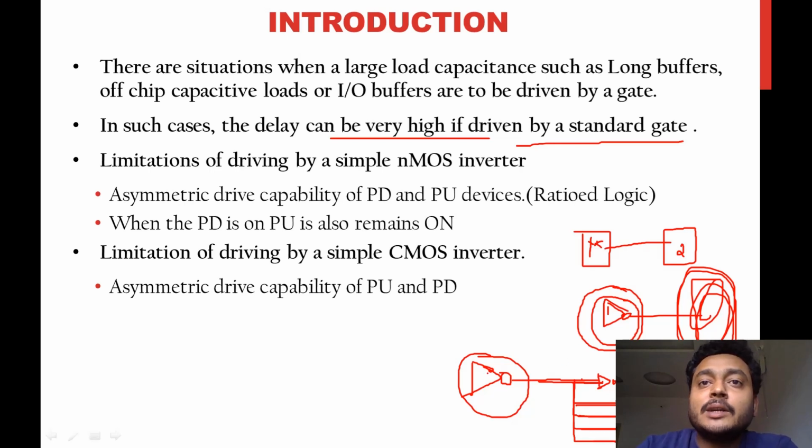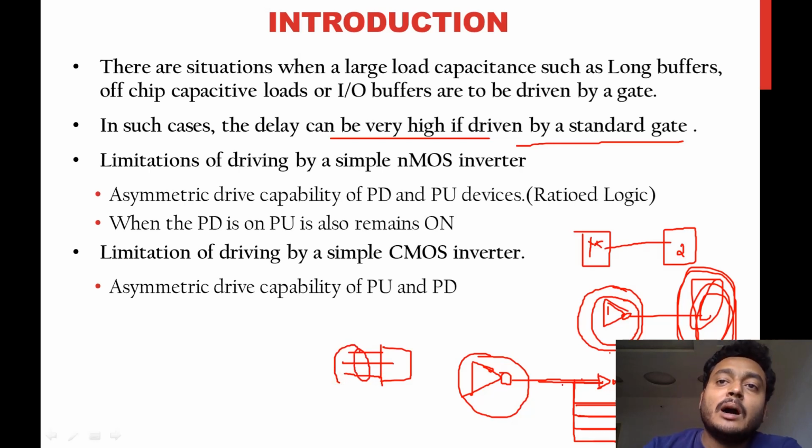In this case, we have a concept of fan in also. Fan in means if you look at some gate, and if you have 2 inputs, that means fan in is equal to 2. If you have 3 inputs, we call the fan in as 3. So it corresponds to how many inputs you have, and how many outputs you are driving by that particular output terminal, that we call fan out. This is important. When fan out is more, the delay will be more.